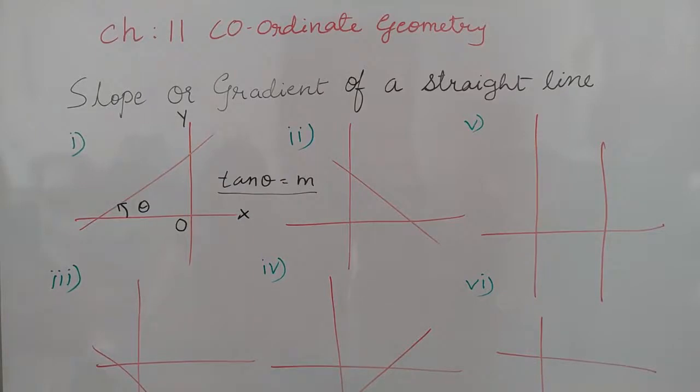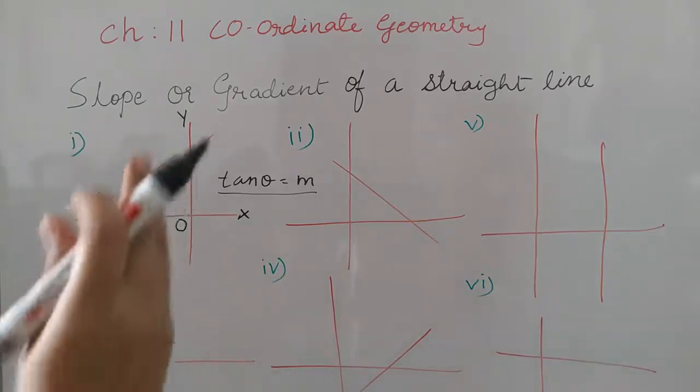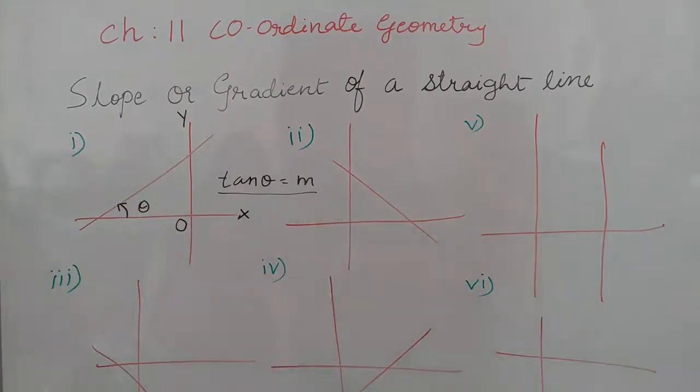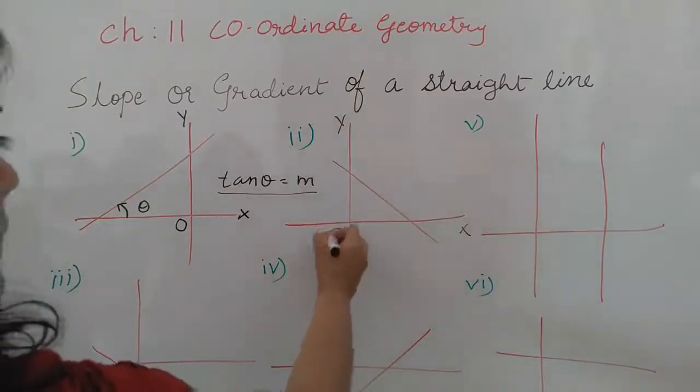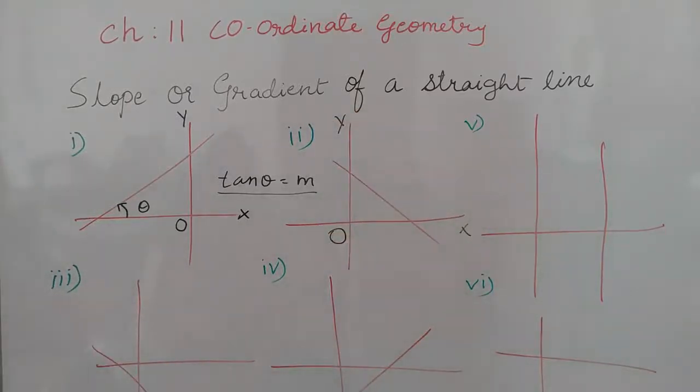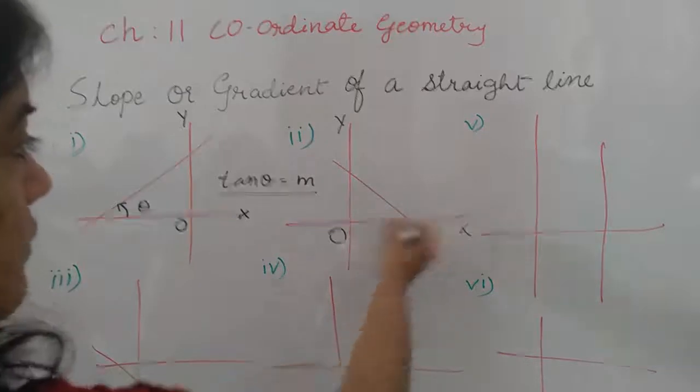Now students, there are different cases while this angle is formed here. See, in this case, this angle is an acute angle. By seeing only you can see this is an acute angle. But now see the second figure. In this, the line is drawn like this. This is the x-axis, this is the y-axis and this is the origin. So in this case, this is the positive side.